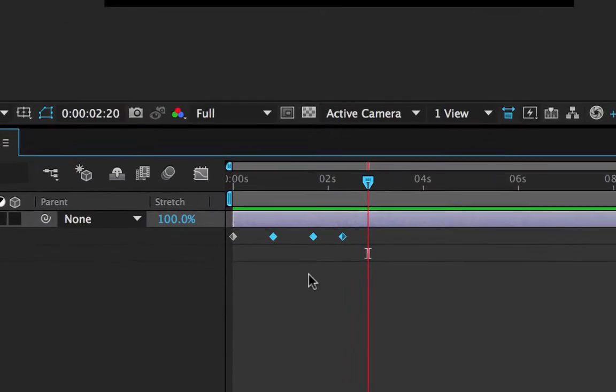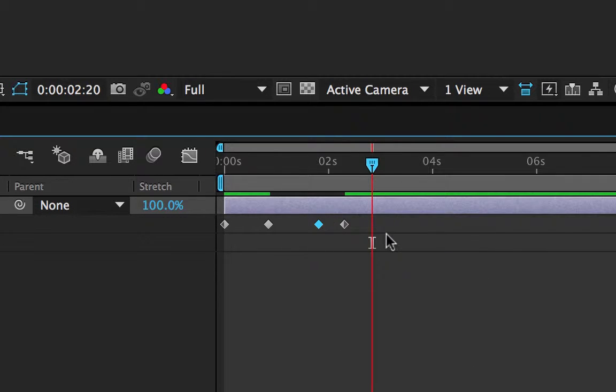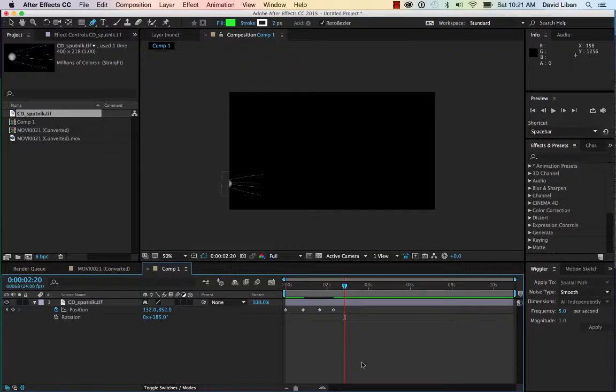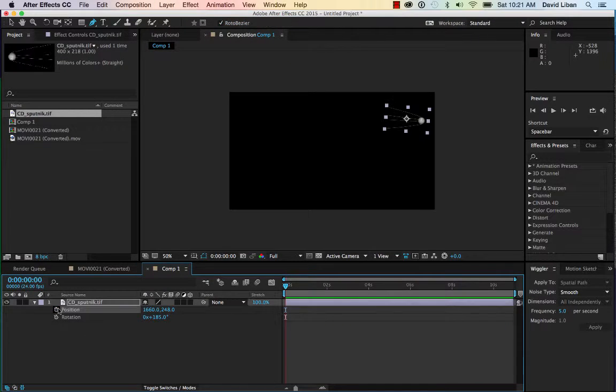If I want to nudge one keyframe, I select that keyframe and I hold Option, arrows, and you can see this keyframe here moves a little bit, one frame at a time. Alright, so that's use of motion path. Now the other thing I wanted to show you is the motion sketch. Okay, so let's go ahead and create, actually I'm just going to delete these keyframes, and if I go underneath